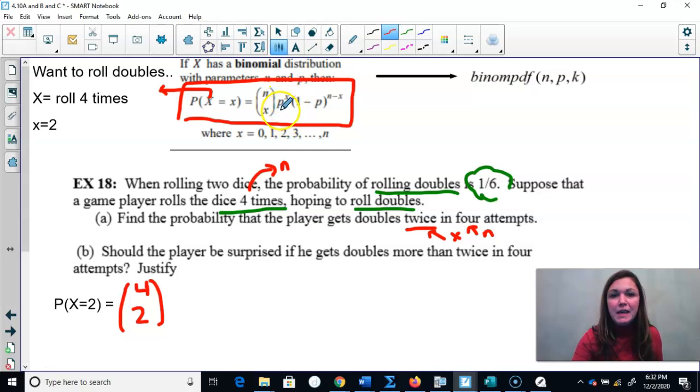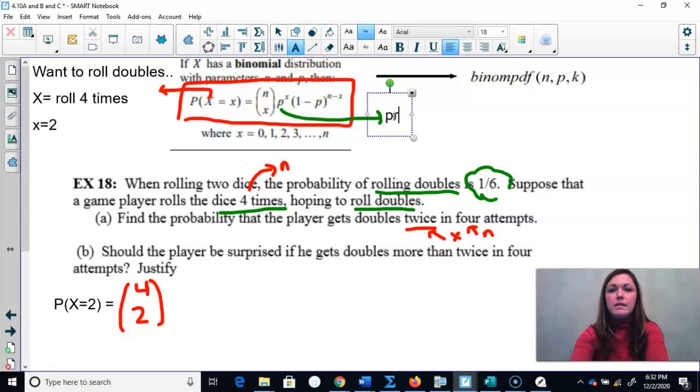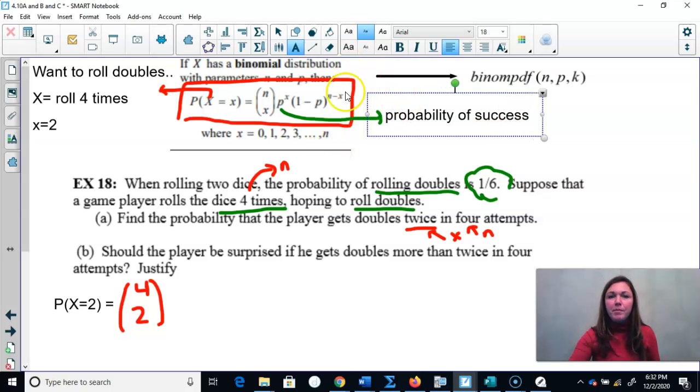Now next is P. P is right here. This is the probability of success. Okay, let's plug that in now. So we take 4 choose 2, we say mathematically,